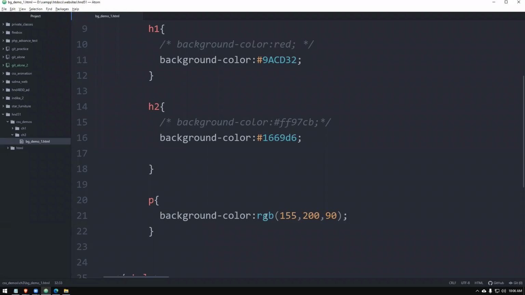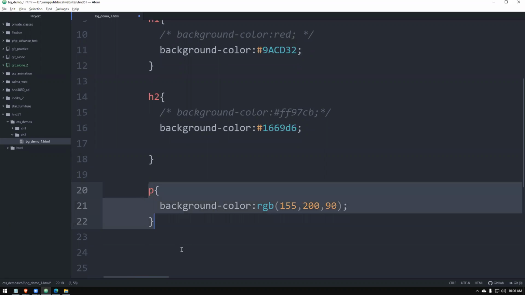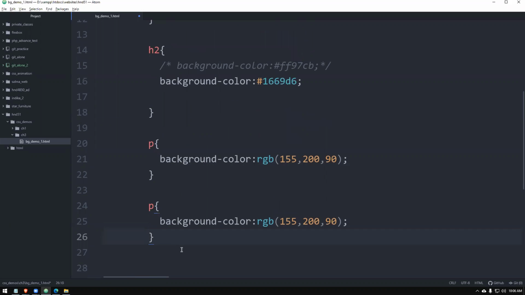Excuse me, sir. Yeah. Sir, what is RGBA? RGBA means, that's a good question again. This is usually used in visual effects, films, and all. If you use RGBA, you can give a value here starting from 0.1 up to totally 1. 1 means it is equal to 100%, right? So if you say 0.5 here, this is half transparent now. Now if I refresh this, the background color will be half transparent. Through that one, if you have a background image or something, you will be able to see that.